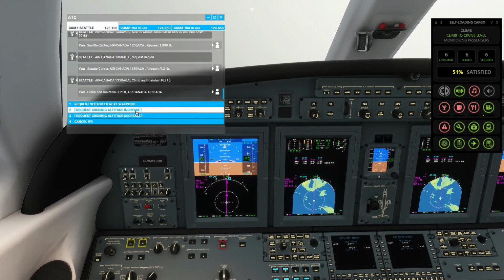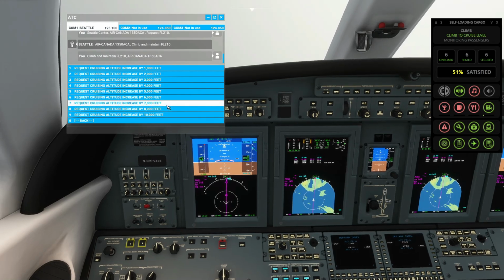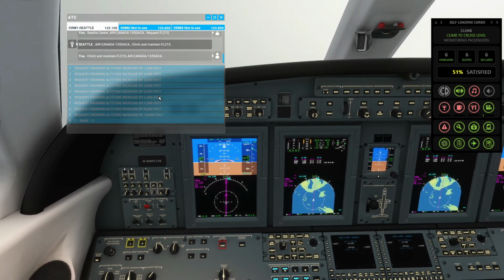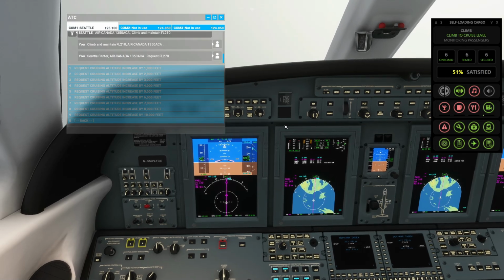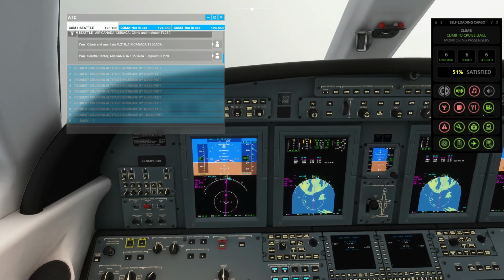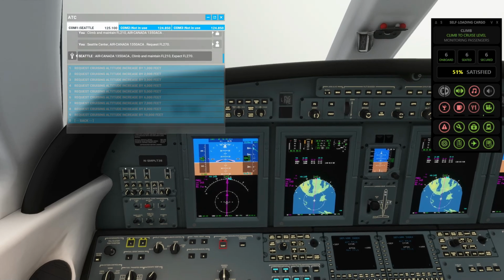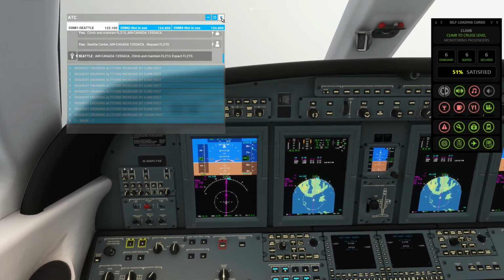And let's ask for 31,000, no, 27, so 6,000 more. That will be our cruising altitude. Seattle Center, Air Canada 1350 Alpha Charlie Alpha. Request flight level 270. Air Canada 1350 Alpha Charlie Alpha, climb and maintain flight level 210. Expect flight